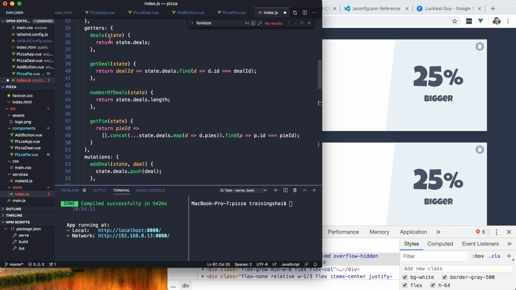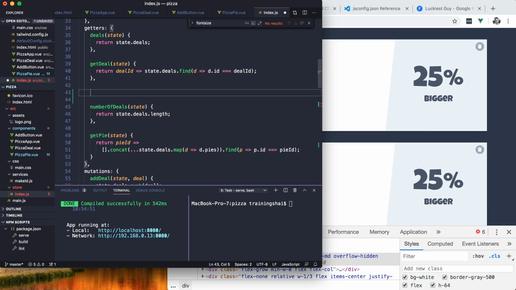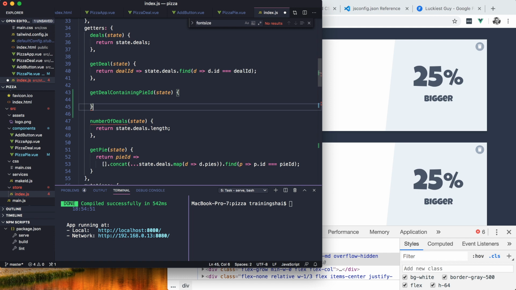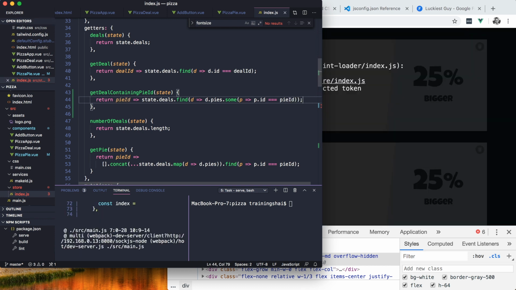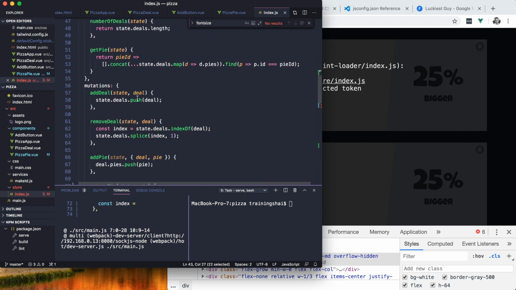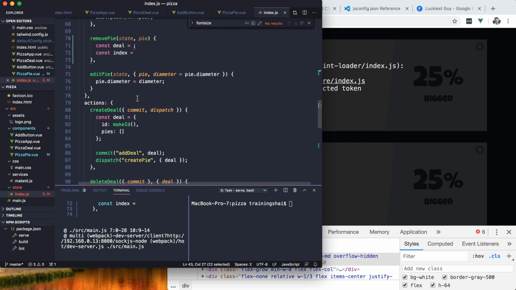of, let's say, get deal containing pi ID, and we're going to return a function that takes a pi ID and finds the deal that contains it. Okay, so now we can say get deal containing pi ID. We can use it